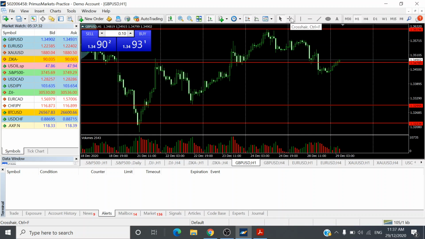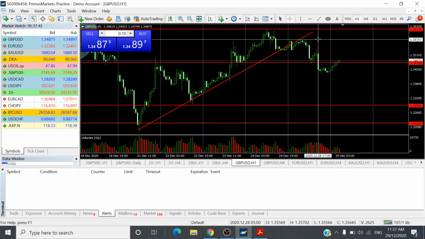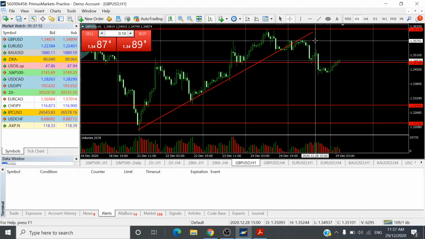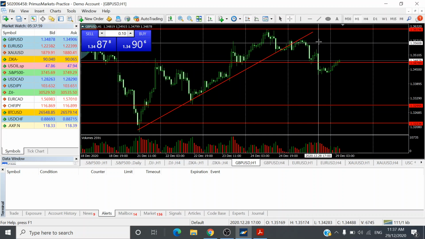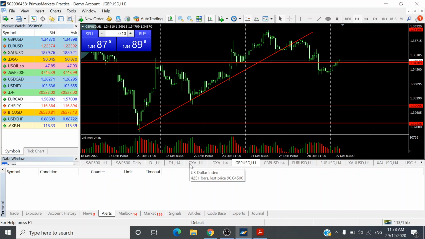Okay, so in the case of the UK pound, the exception was that it has been on a bullish trend, and of course, with the 31st of December Brexit deadline approaching, possibly market participants are just a bit cautious on what is going to happen when the deadline comes. Basically, it's going to be another transition period, and there should be some uncertainties and volatility for the UK pound. Okay, so UK pound yesterday dropped about 145 pips throughout the day, and looking back again at the US dollar index,